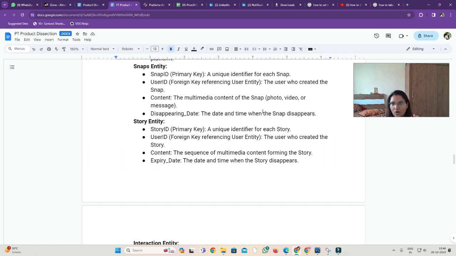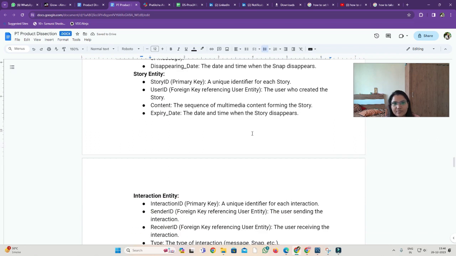It will be a blob, it is a long blob. And the disappearing date is a date and time, the date and time when the snap disappears.